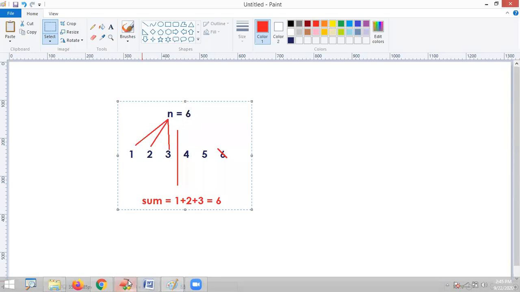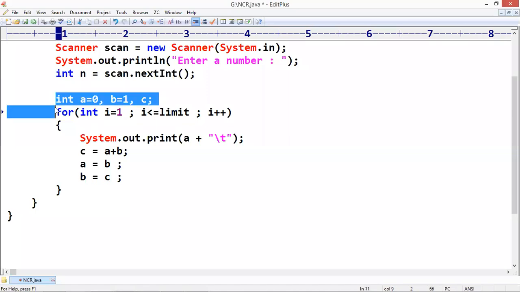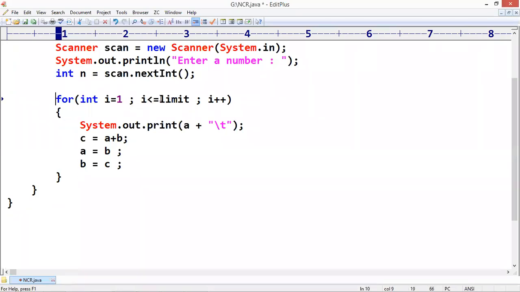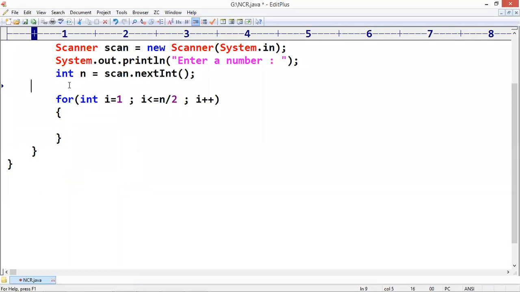So we ask them to enter the number. Enter a number. We are taking n equals to that. We are repeating that loop. I starts from 1 to n by 2. Enough. Every time we are checking. Suppose we are finding that sum equals 0.